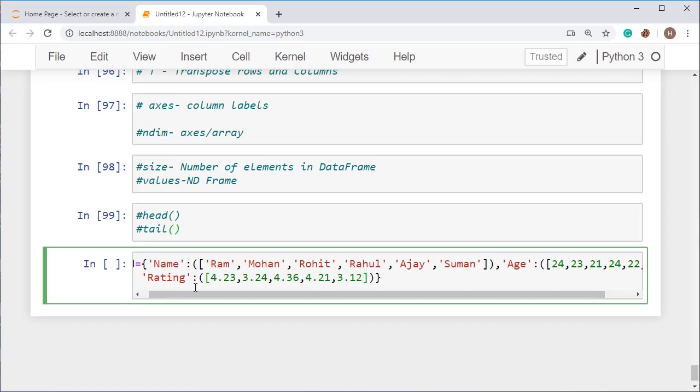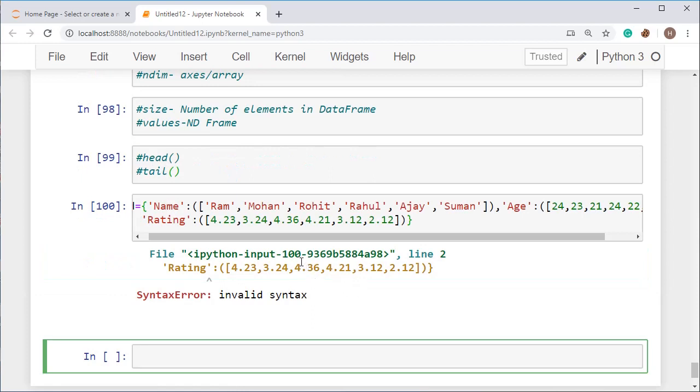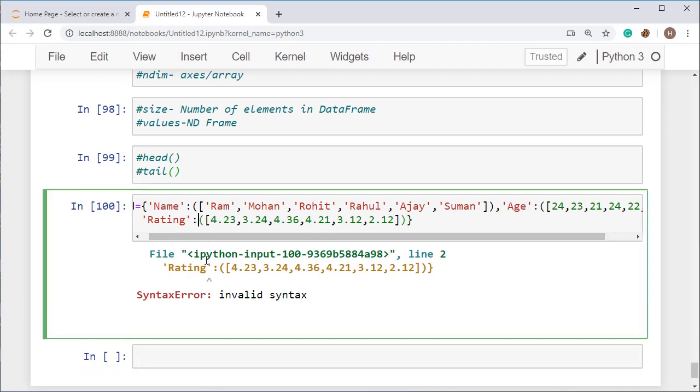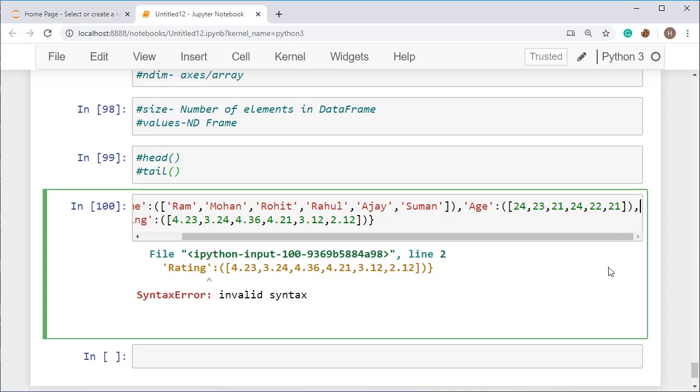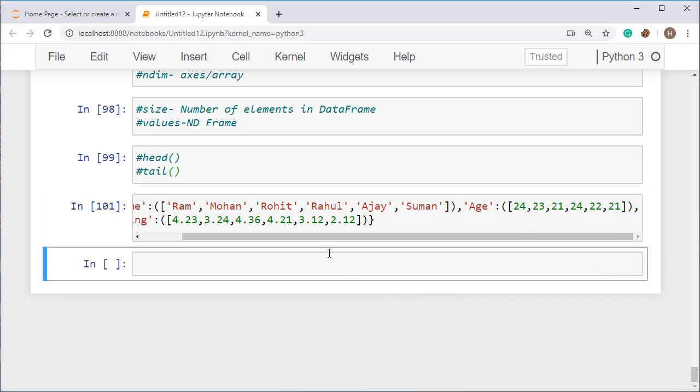To count whether it is up to 6 or not, there is one missing, so take 1.12. This one is showing an error. Why is there an error? Let's see where the error is, because I have not put any comma here. That's why it has not taken it as a key value.